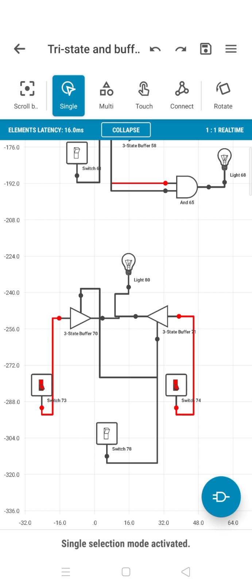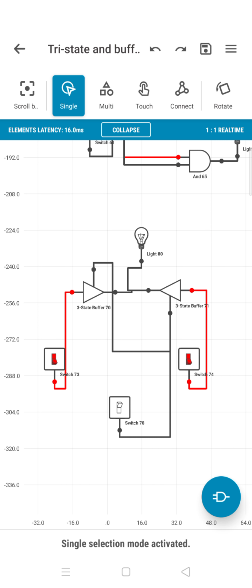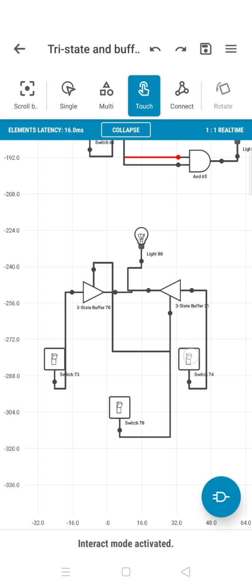Now I've come up with a tri-state device which has another kind of circuitry. I have both the switches on, nothing comes in. Now I turn both the switches off. I turn on this one, or either one of them, and the light comes up. I turn on this, the light comes up.